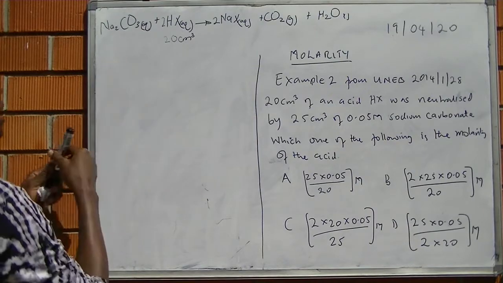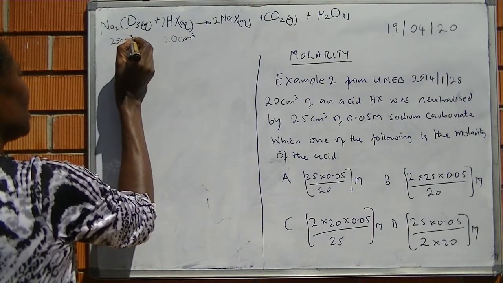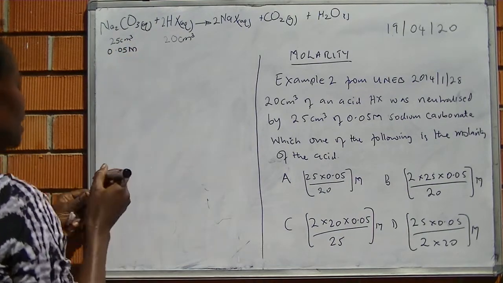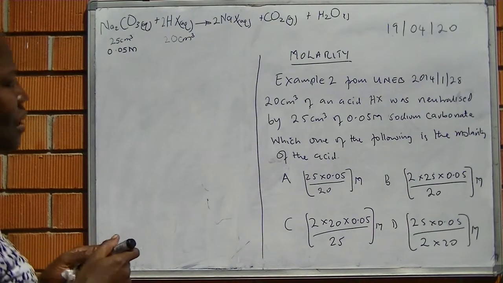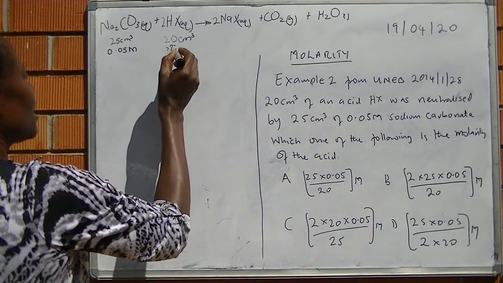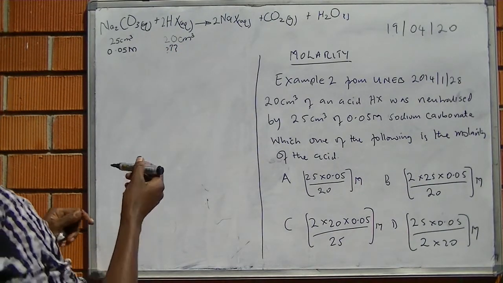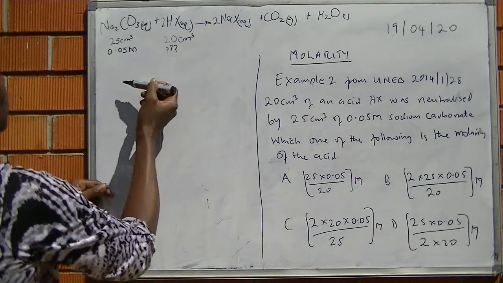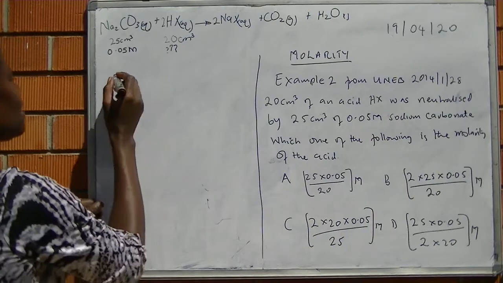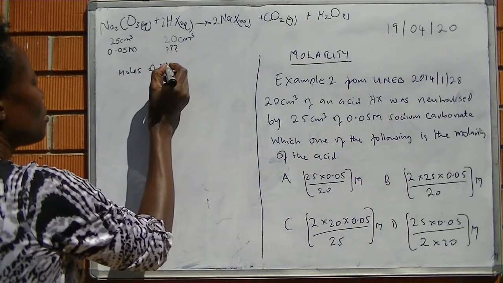So come below sodium carbonate and write 25 cubic centimeter of 0.05 molar sodium carbonate. We are requested to calculate the molarity. The question mark is below the acid. So I told you always begin with the side that is having molarity and the volume, but not the question mark. So tell the examiner that moles of sodium carbonate